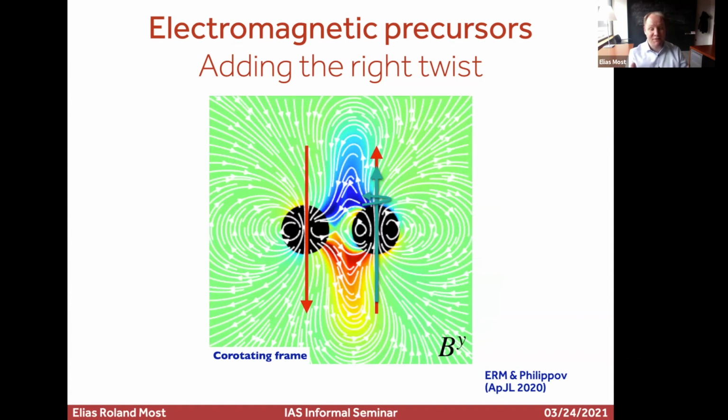The left star has a field pointing downwards, the right star has a field pointing upwards. In a simple case, there is a relative spin difference so that the right star will be spinning. And then what you see in color is the out of plane magnetic field. This encodes the twist. So whenever you see some color, this is a twist building up, right?